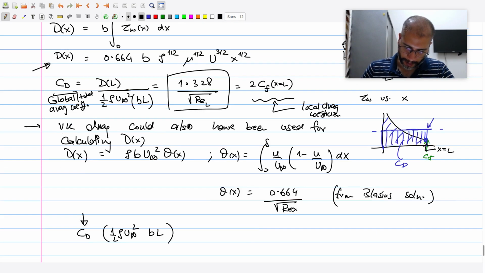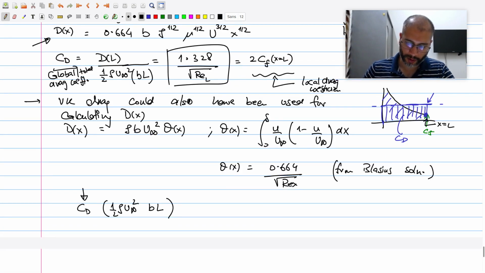Right. Now there may be situations where this CD cannot be calculated using these theoretical ideas like we did in this particular situation. Maybe because the surface is having a curvature, so we can't solve the equations analytically for those situations, or the flow is turbulent. So for that kind of a situation, we have to do experiments, and when we do experiments, we collect this empirical data. We tend to tabulate, or we tend to plot the value of CD as a function of Reynolds number, because ultimately that is what we need.